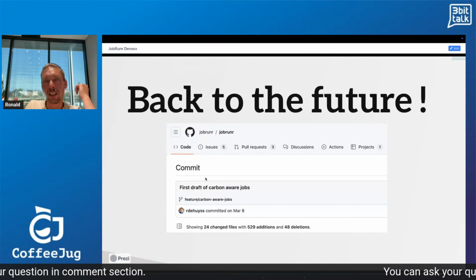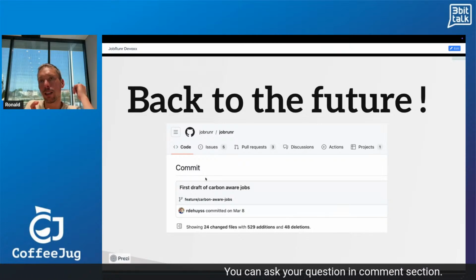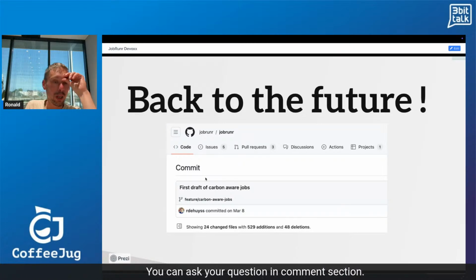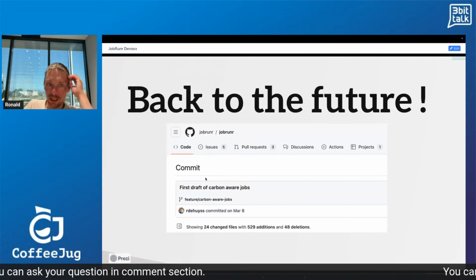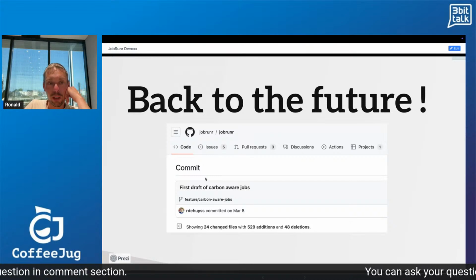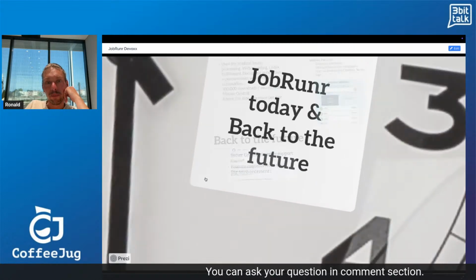Well, that's an ideal use case where we can defer or plan the execution of the job where the least amount of carbon will be generated. We hope to release the first beta in the coming weeks, which has this feature.